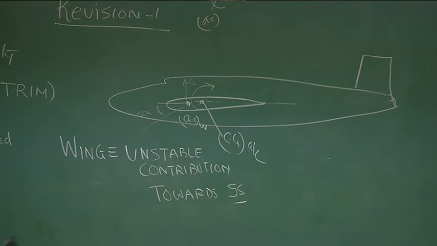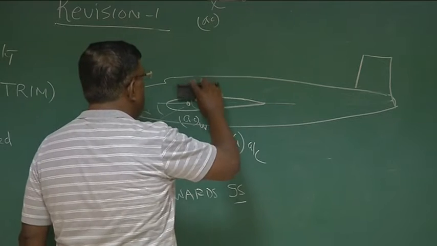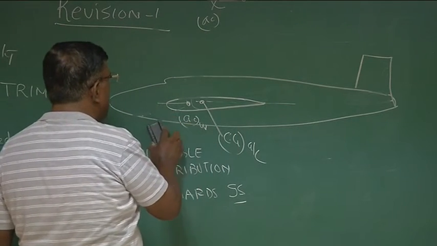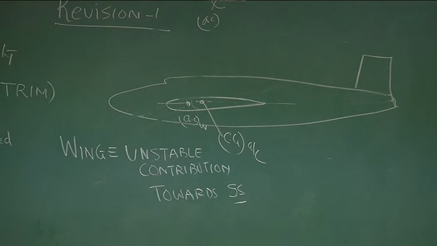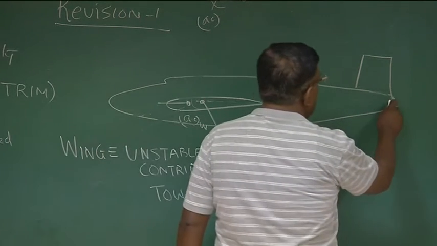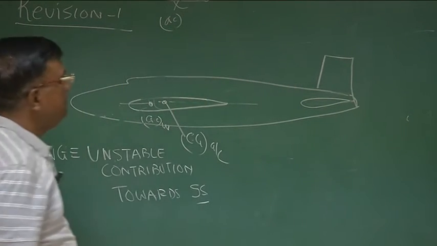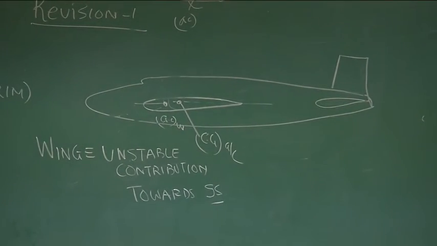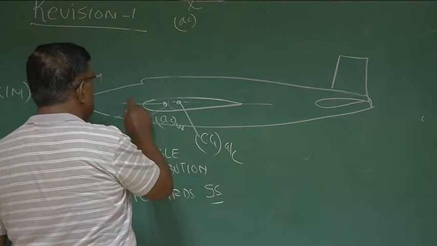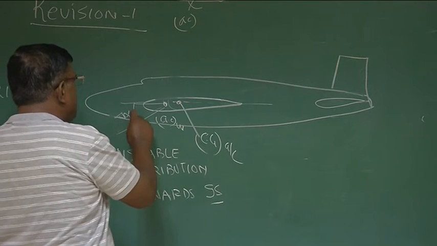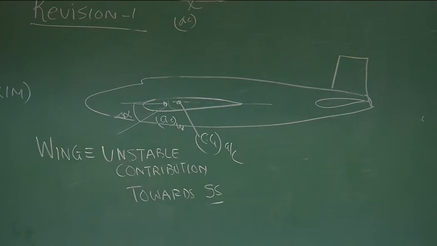But now if you want to make it statically stable, what can I do? The question is this. And that is where the concept comes. We put horizontal tail. Now what is happening actually, you see? If there is alpha contribution or disturbance, say delta alpha acting at the wing,